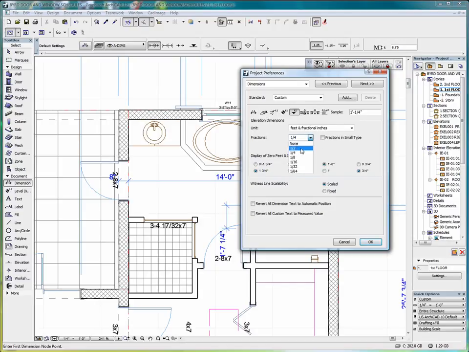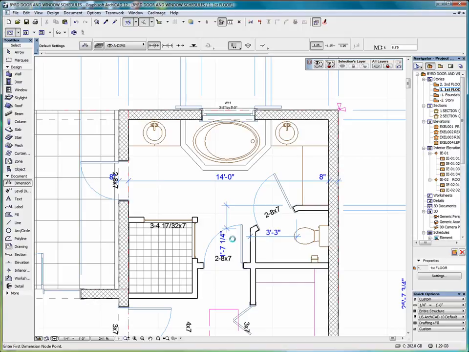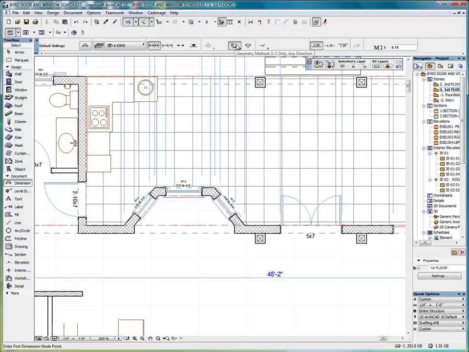Again, changing the degree of fractions that we want to show on the plan. We select OK. And now instead of 1 foot 7¼ we've got 1 foot 7 inch. I've taken that quarter and rounded it down to the 7 inches. With the X, Y only method selected,